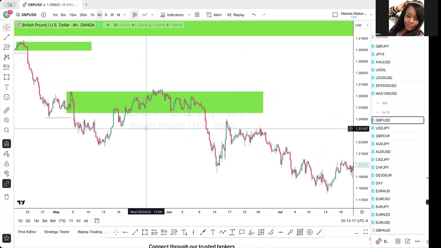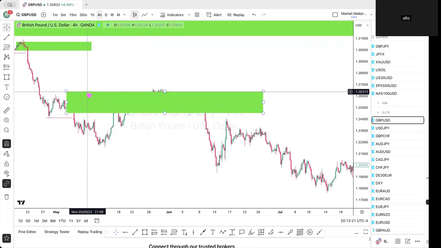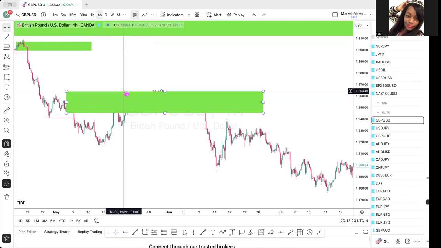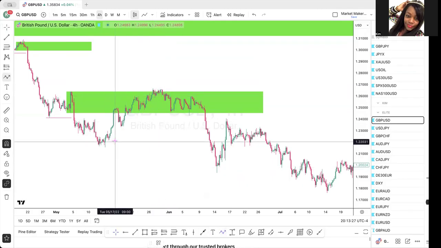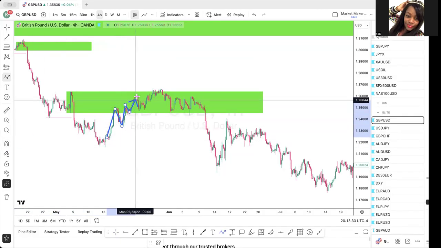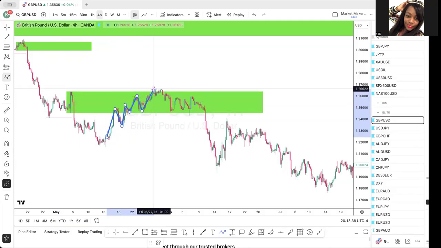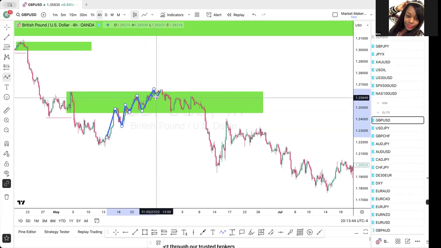I went from the daily to the 1 hour. Once it broke, it pulled back, and although it kind of closed above here, you're looking at your internal structure, right? Push up here, push up here, pull back, push up here. And there's actually, no, there wasn't. Never mind. And then this